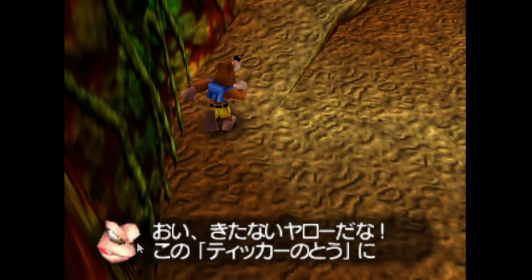So, oh my gosh, look at his face. So we've got, Oi, kitanai yaro dana. So kitanai means dirty, basically. It might look like it's negative, but it's actually just how you say the word dirty. Kitanai yaro dana. So yeah, just filthy. Yaro kind of gets translated as rascal.